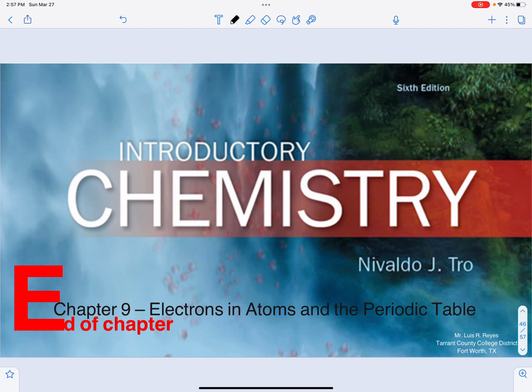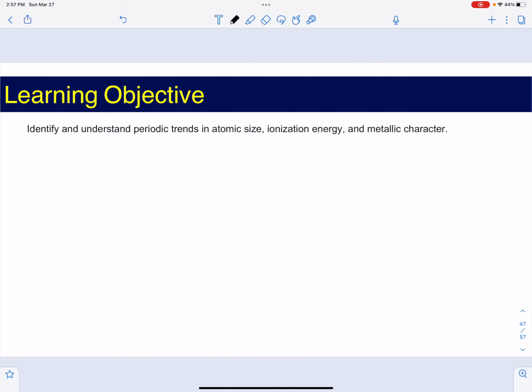So everything we have learned about electron configurations, for example, if we have something that goes 1s2, 2s2, 2p6, 3s2, we know that that element has three energy levels. Level 1, level 2, and level 3, all the way to 3s2. So all that we're going to use now to make sense out of the properties of the elements on the periodic table. So we're going to talk about the periodic trends,